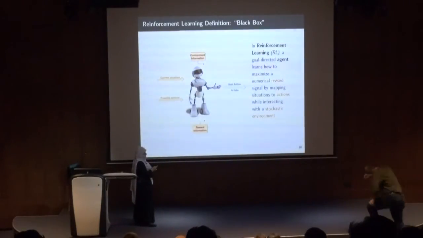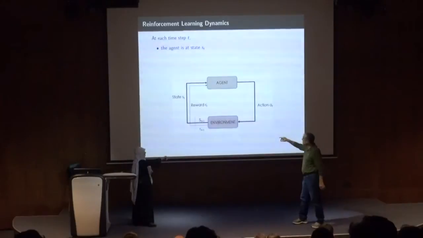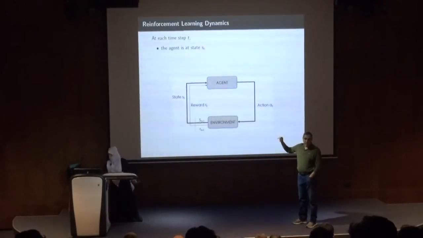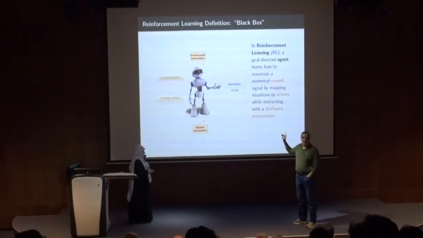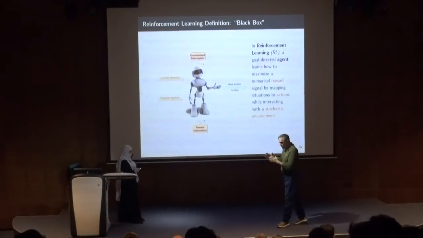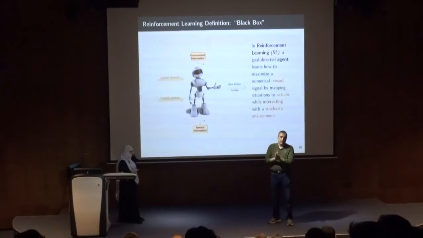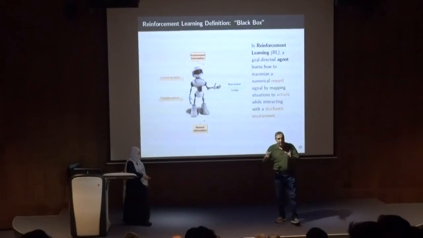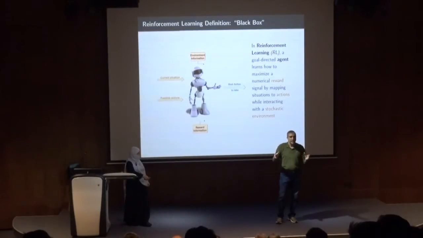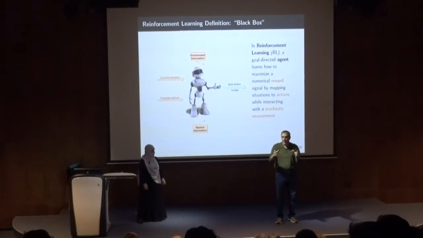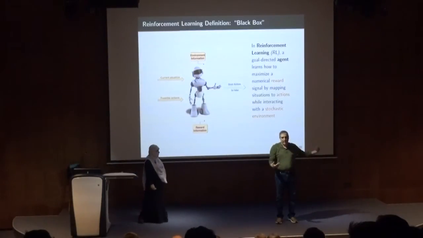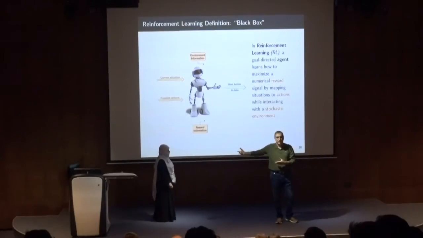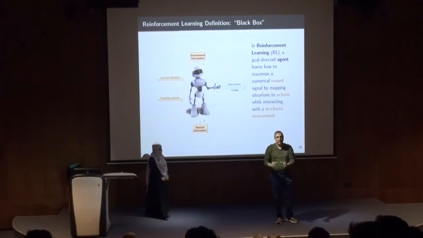Before you move on. Could you go back? That slide actually is probably one of the most important slides here. Because if you remember the earlier slide that Julia was explaining about what is supervised, what is unsupervised, what it takes as input, what it produces as output. For us, if you remember that figure from the beginning of the semester, we have data going in to learn, it produces a model, and then the model has input and gives an output, right? So there's data, learning, model, then the model gets used with new data to produce output.